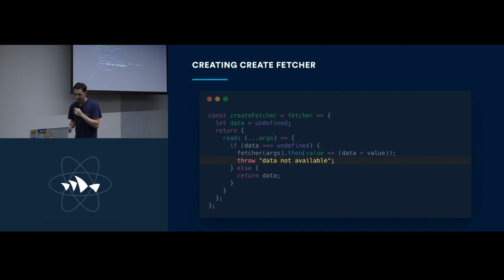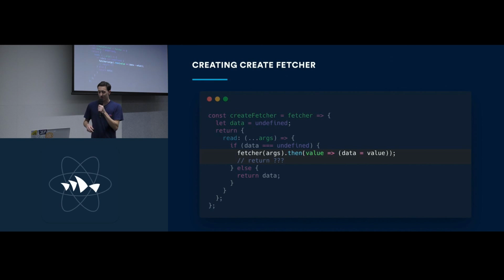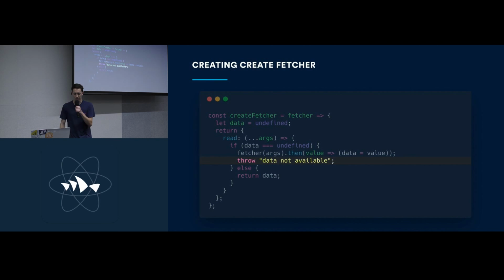But there's still the problem of we can't really return at this point. If we take it back one slide, if we remember the example in that character list component, we were calling read and then we were mapping immediately over the data. So we can't really return null, we can't return undefined, we can't return anything, so let's just do this. So this has at least kind of conformed to the shape and the contract of this createFetcher function, but